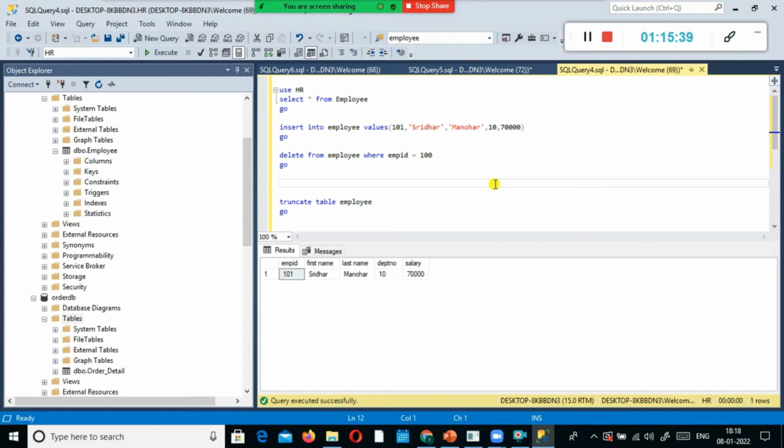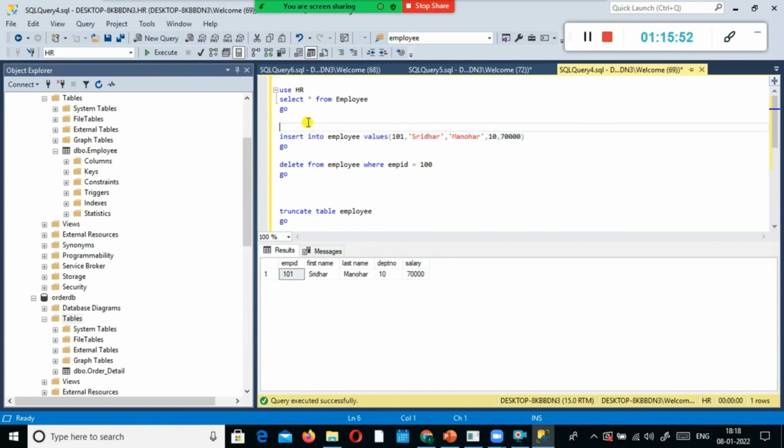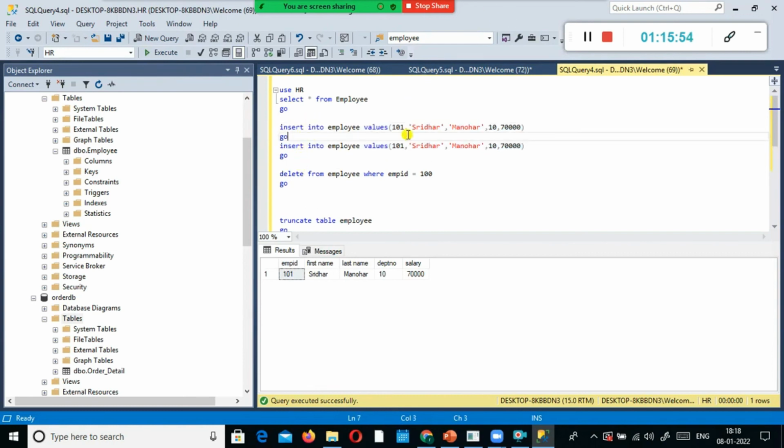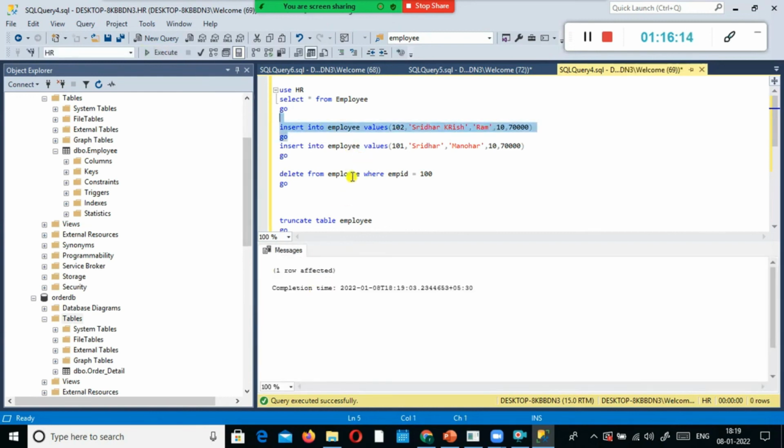So the next one. Now let me do one thing. I'll just execute this one. When I do truncate table employee, I'll go ahead and insert one more record. Let me just insert another record into my table.